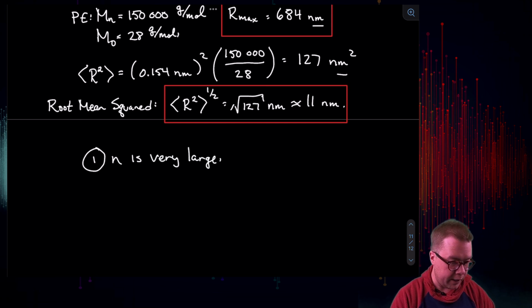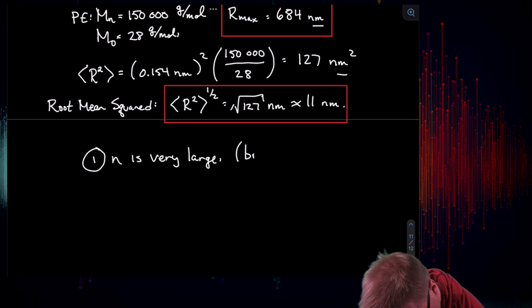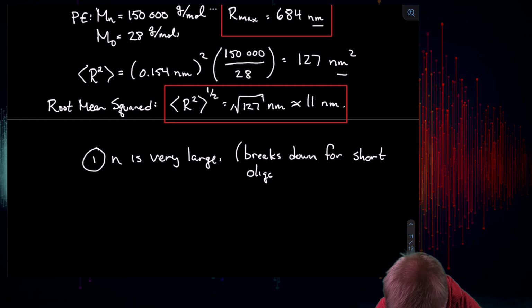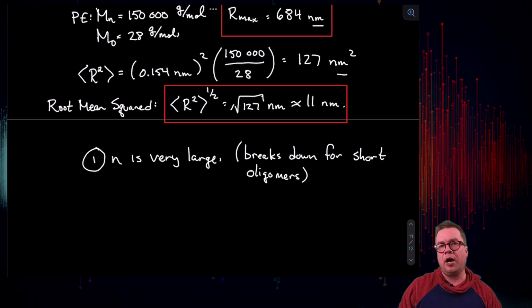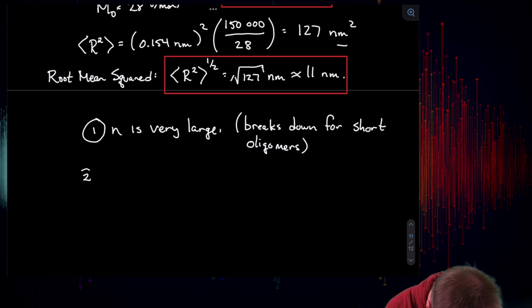So everything that we've done breaks down if you have a short molecule. So this breaks down for short oligomers. Okay, so if you've got like 10 monomers or something like that, this approach that we took is not going to work. The other assumption